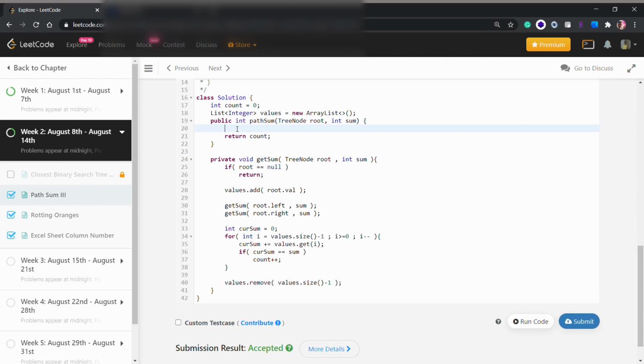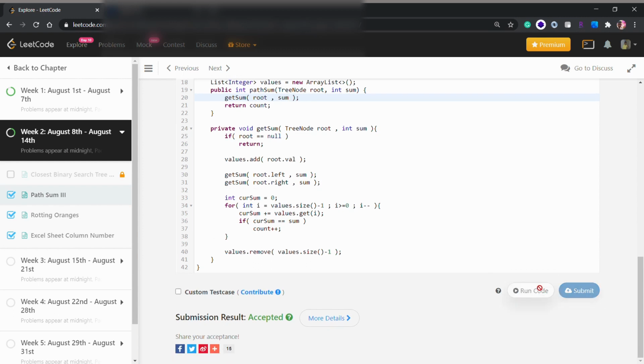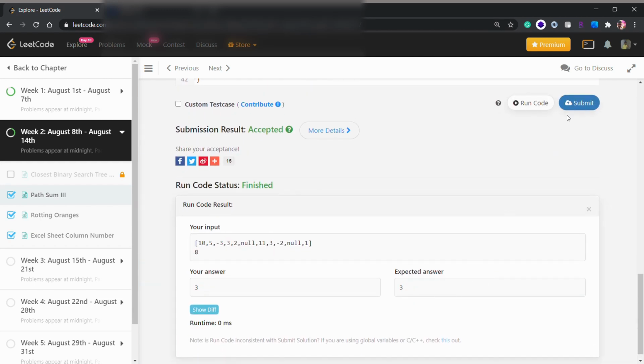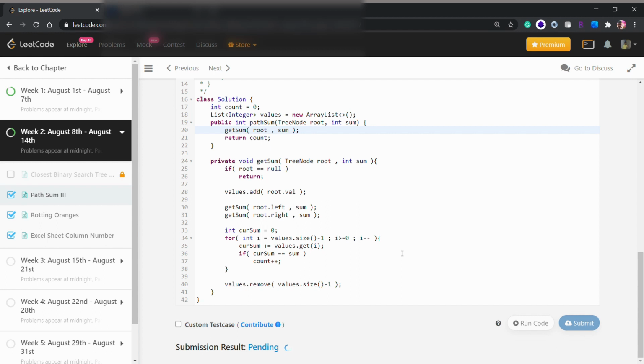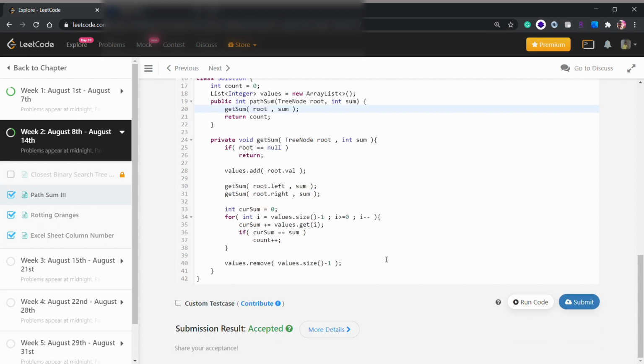And what are we going to do here? Nothing, actually, we are just going to call our method getSum(root, sum). So now let's try to run the code, and it's for sample 3 and accept. I think it will be accepted. Yeah, accepted. So let me explain the program once again, because I typed the program too fast, I think, and I didn't exactly explain what I'm doing right here.